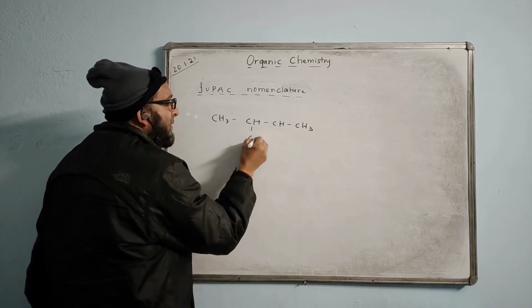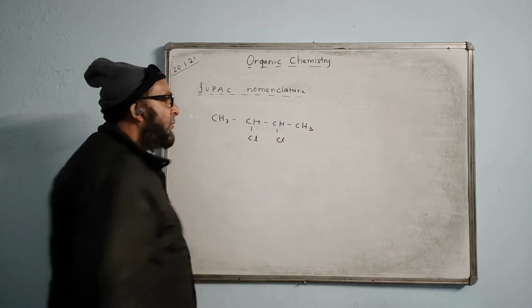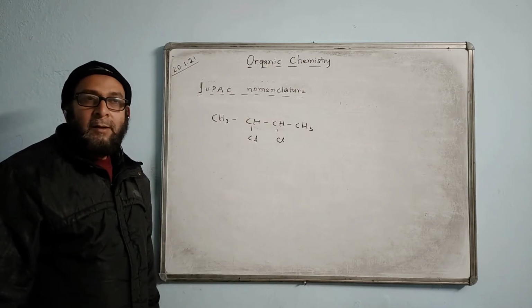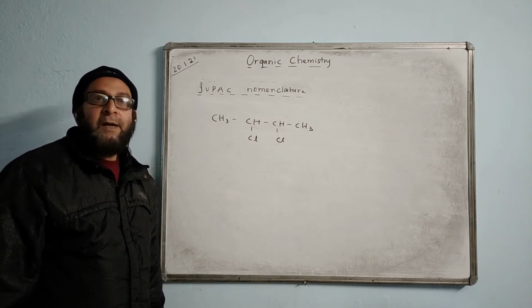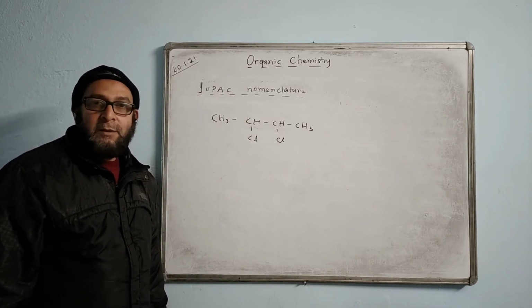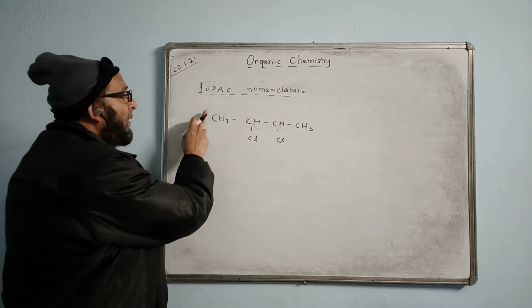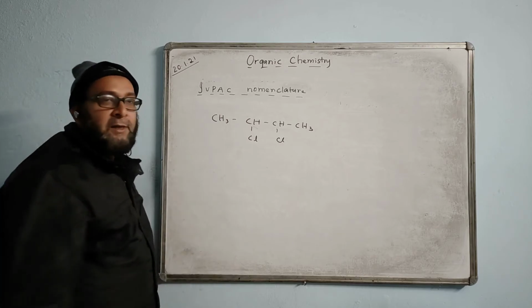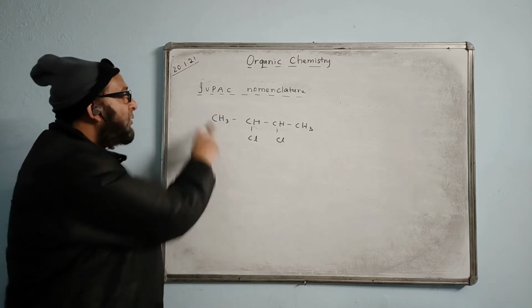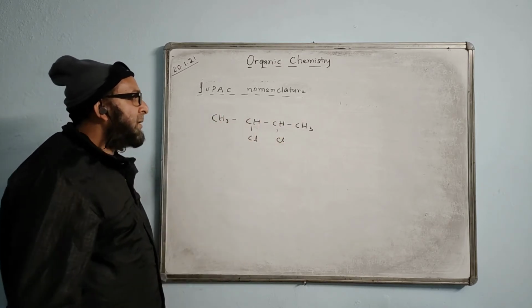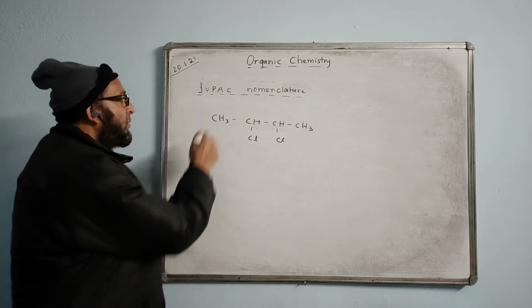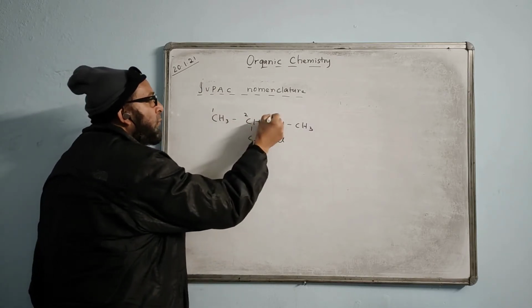They are given like this. Here also Cl, here also Cl given. Okay, 2 branches are there. We see from which end the nearest branch is. From which side do we have the nearest branch? From both sides it is the same. Either you start from here or you start from the other side, it is the same. So we call it grade 1, 2, 3, 4.